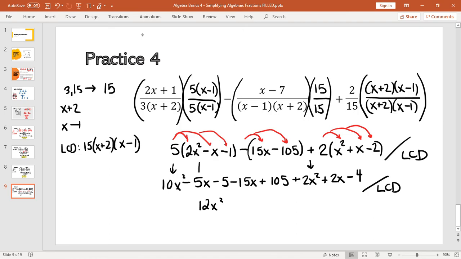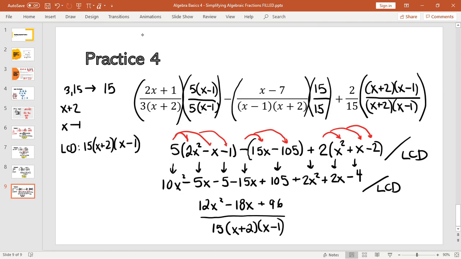We've got 5, negative 5, another negative 15, that's negative 20. And we are going to add positive 2, so it gives me negative 18x. And in the numbers, negative 5 plus 105 makes positive 100, subtract 4 makes positive 96. And that will all be over 15, x plus 2,